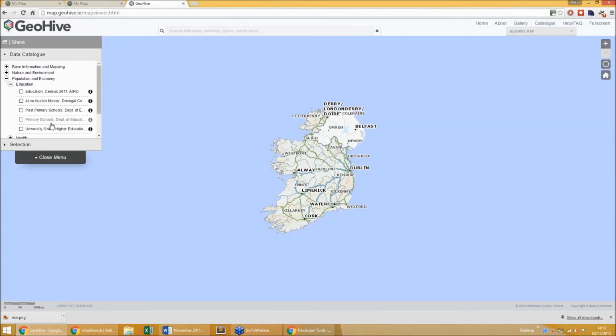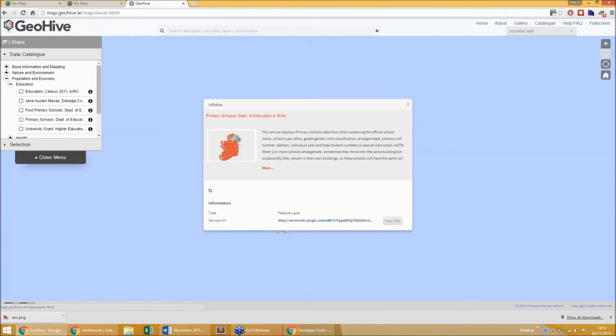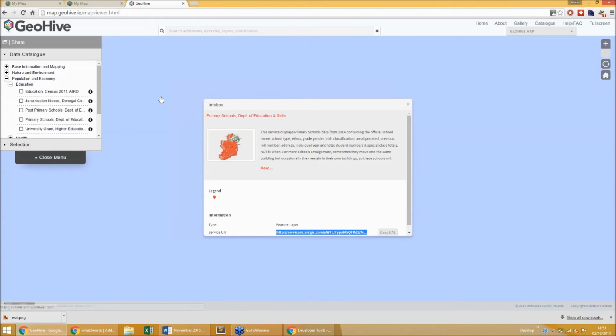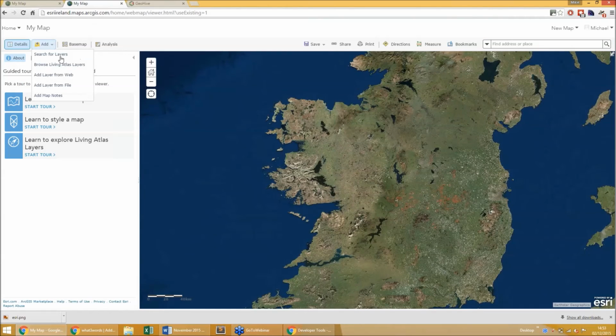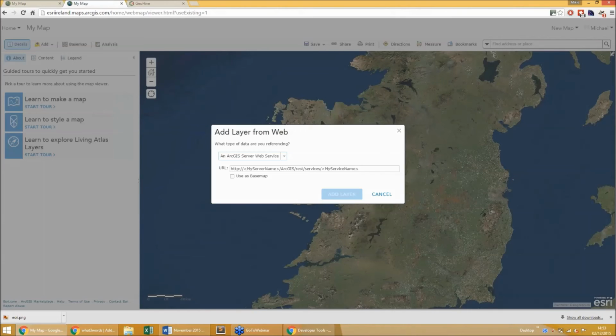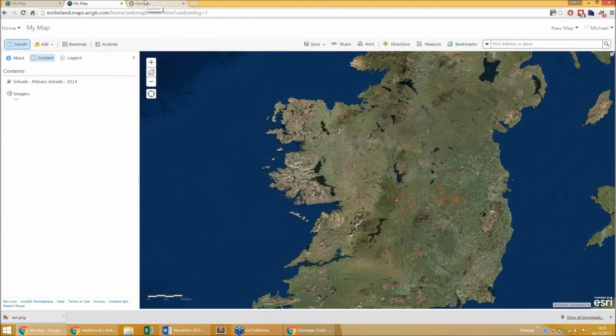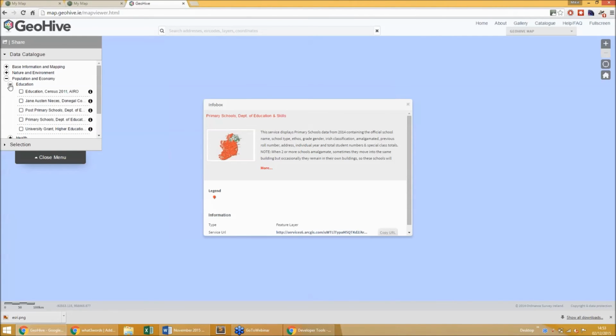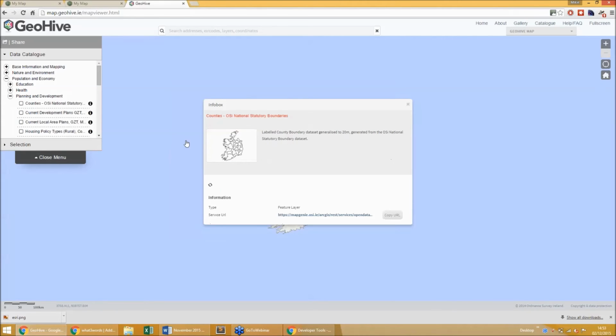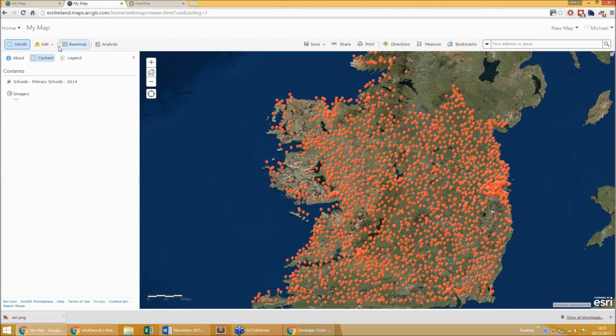So I'm going to get the primary schools in Ireland, and I'm going to copy the URL for that, add it into the map. I'm also going to add in the counties in Ireland. So I'll copy that URL and add it in here.